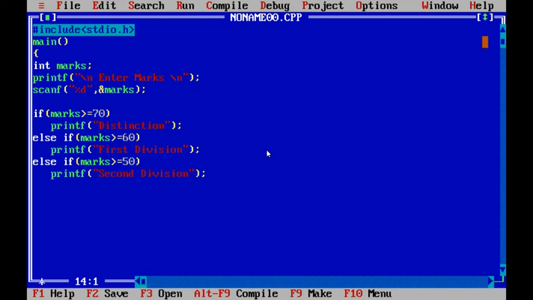If he didn't get above 50 marks, again we need to check whether he got above 35 marks, greater than or equal to 35. printf, third division. Else, printf,